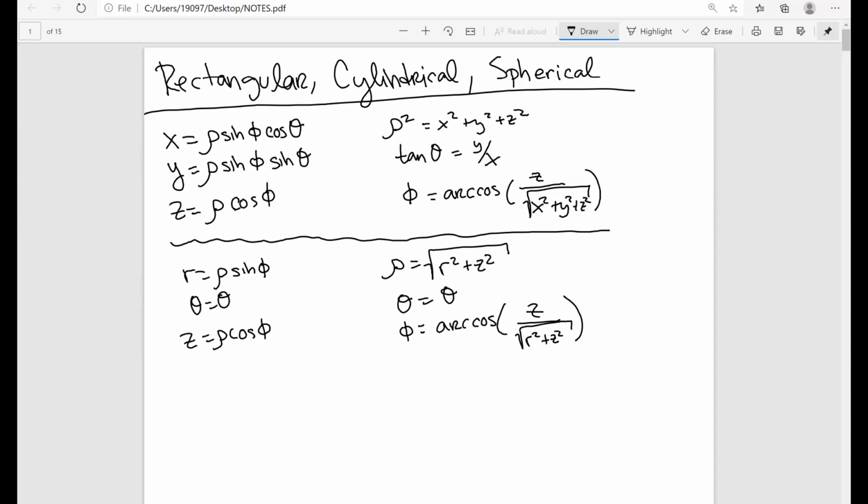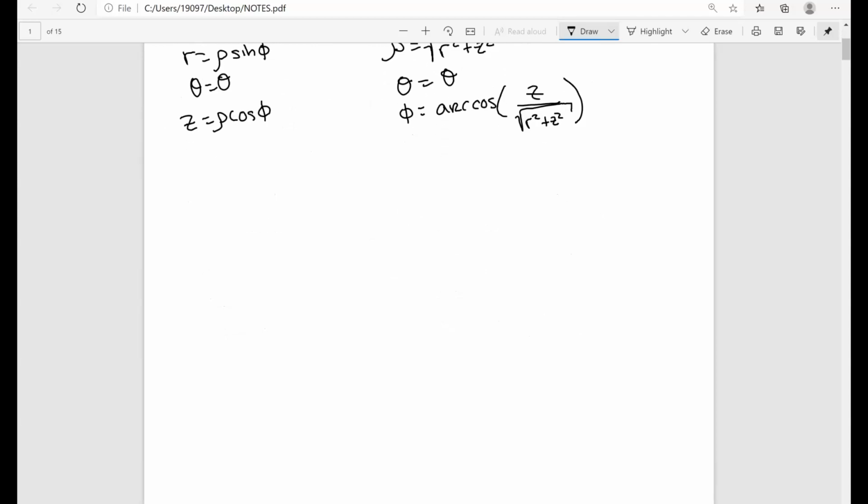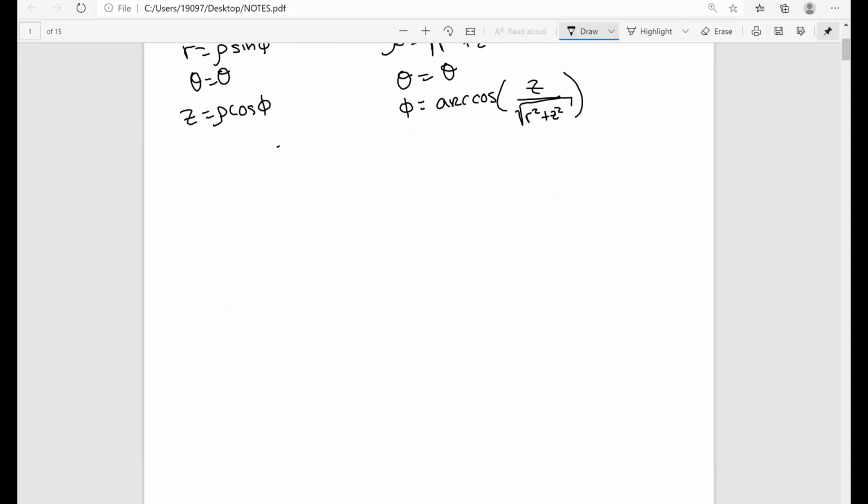Here we have the formulas that I gave you in class, but here I'm going to give you a little bit more about how we acquire these formulas, because you look at them and they're not quite obvious. So all it really is is a lot of geometry. So what I'm going to do is attempt to draw